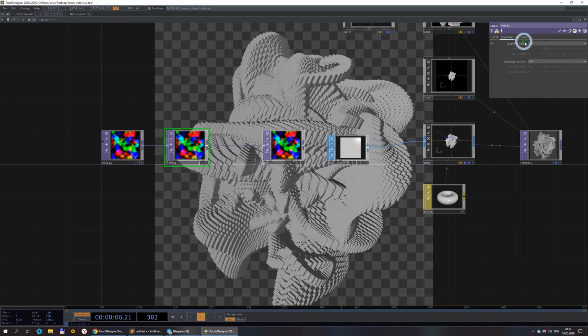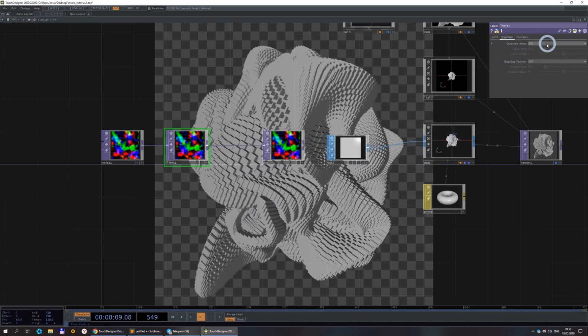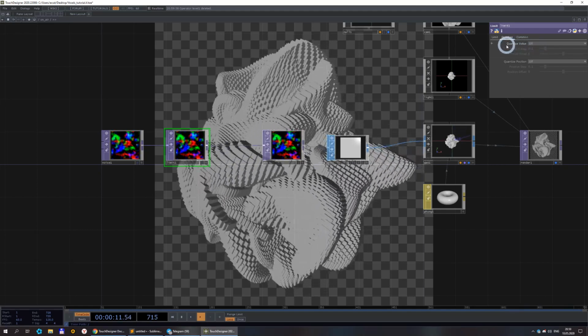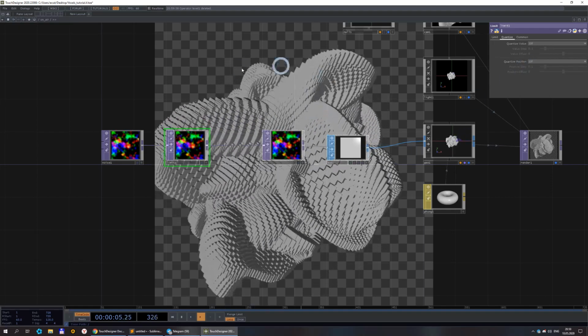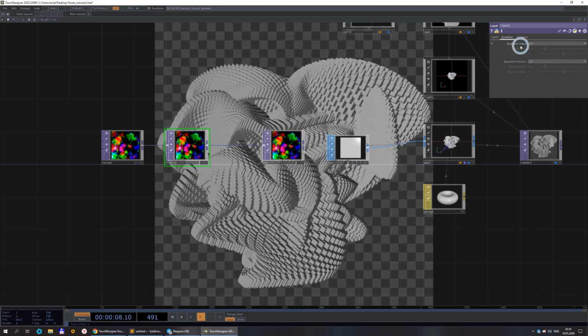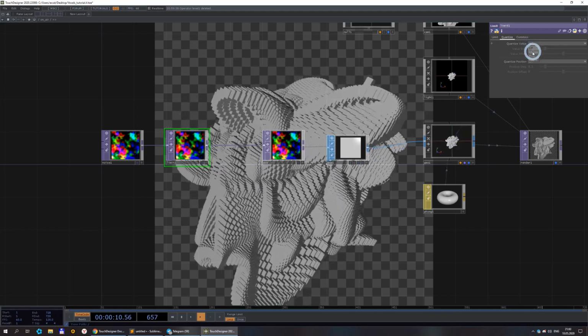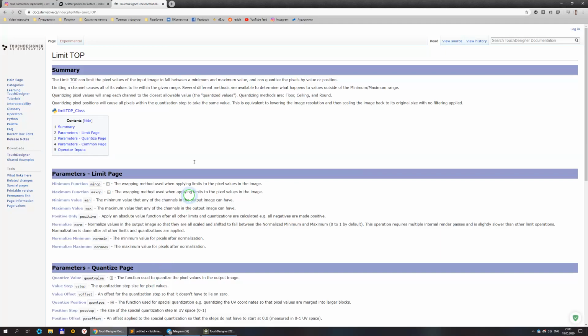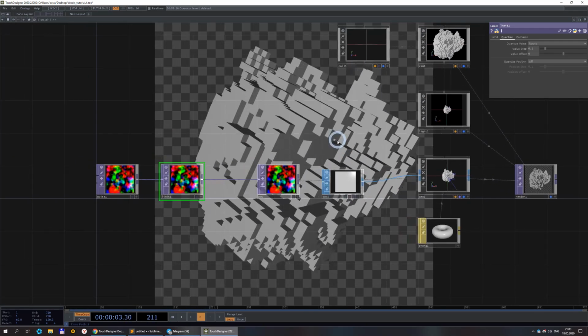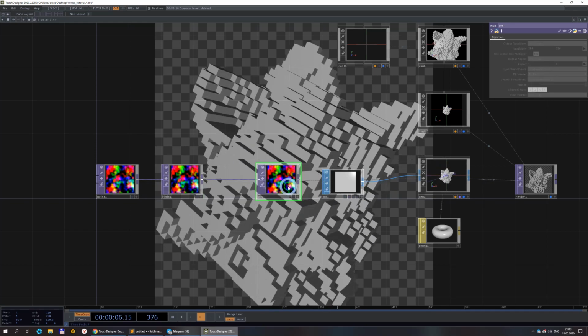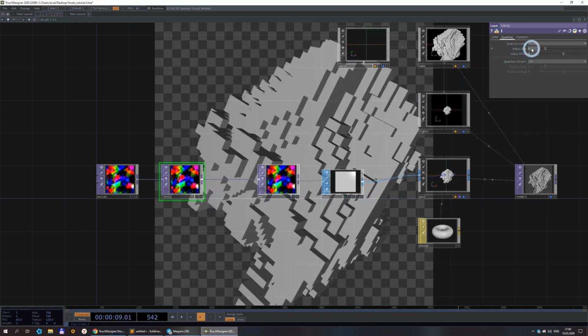It's about the same, it's a quantize, and there are two options, quantize value and quantize position. And even though we're working with the position, I really like to use quantize level. You could read about the Limit TOP and the difference between quantizing values and quantizing positions here on the wiki. Okay, so now it already looks like voxels, but it's too big, and this value